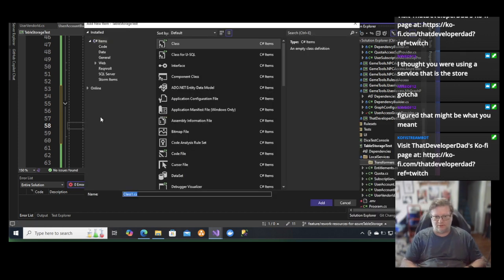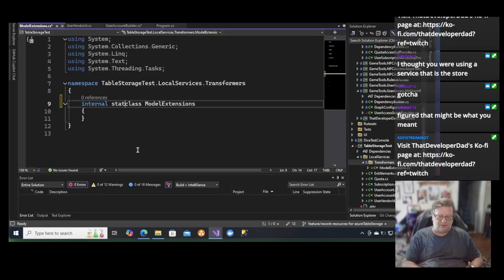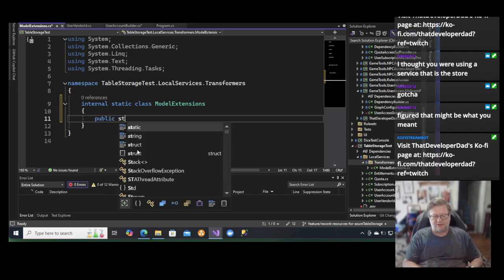Class model extensions, internal static, public static